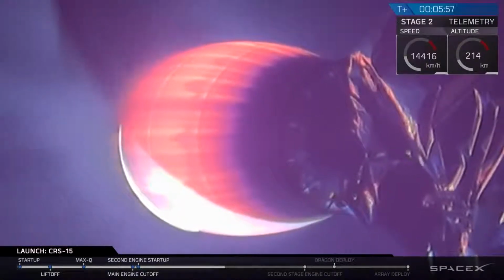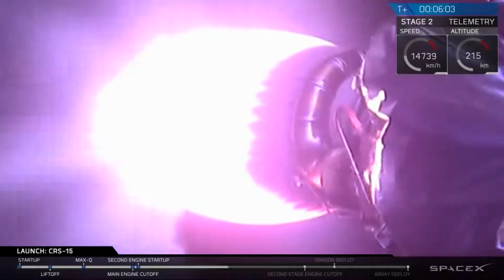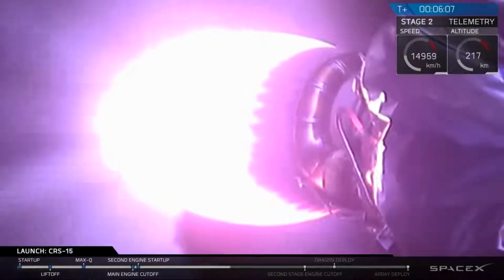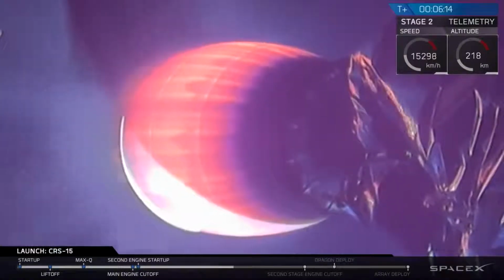It's an interesting semantic point that the process of connecting Dragon to the International Space Station is called berthing, with an E, because it is brought into the station by Canadarm, while docking refers specifically to two spacecraft that connect without any external assistance. This stems from the old shipping days in which small ships would come into harbor and